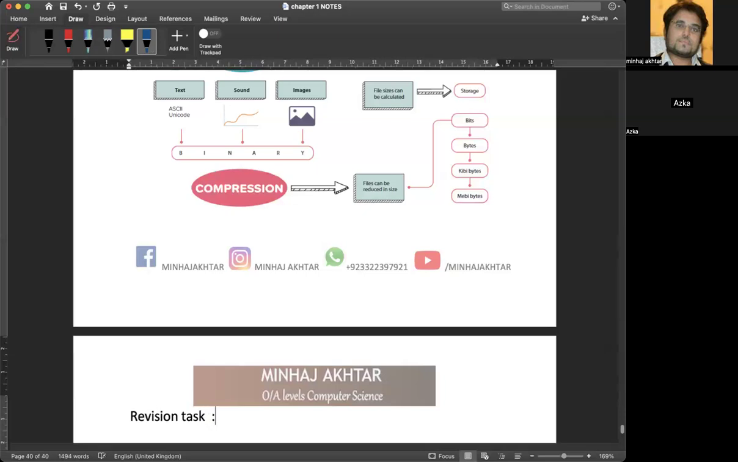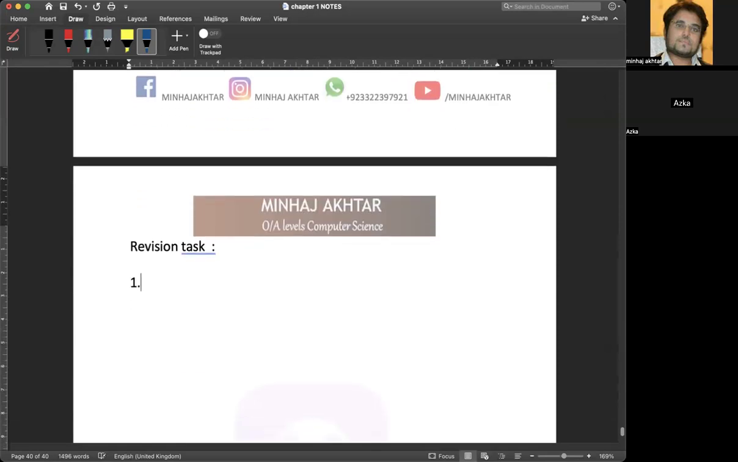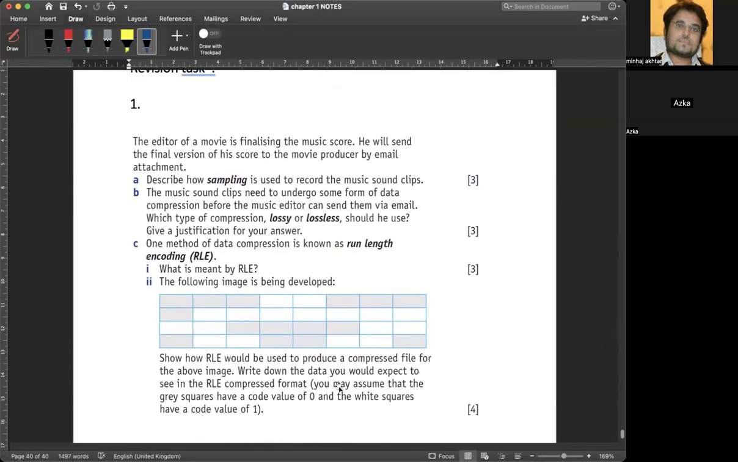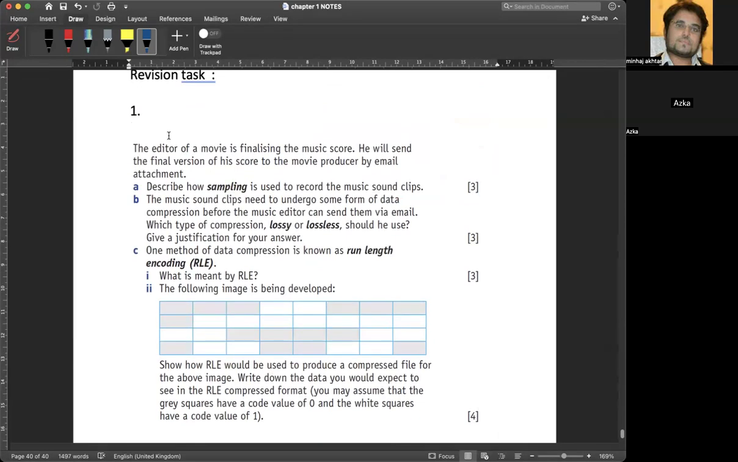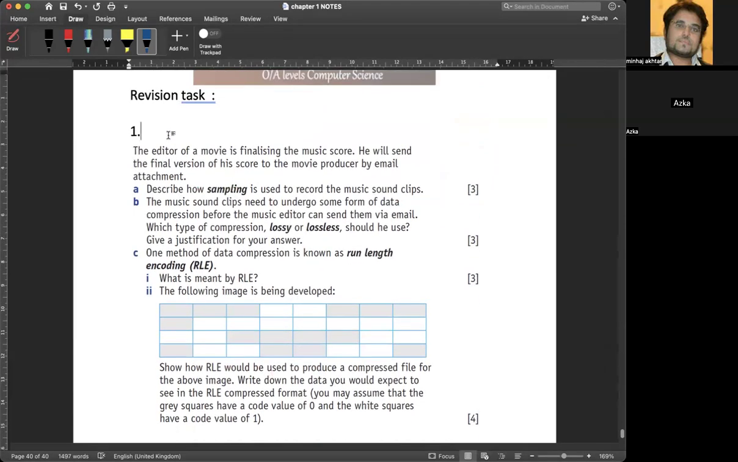Revision task. Question number 1. Here we go. Okay, so this question is: the editor of the movie is finalizing the music score. He will send the final version of this score to the movie